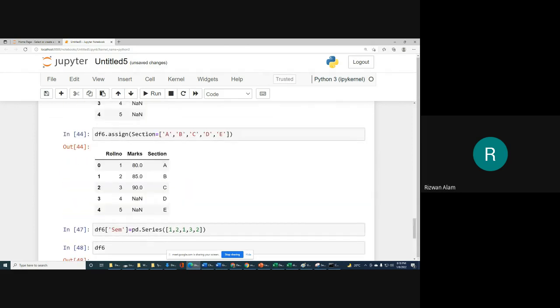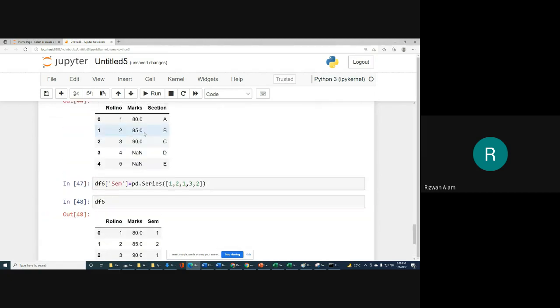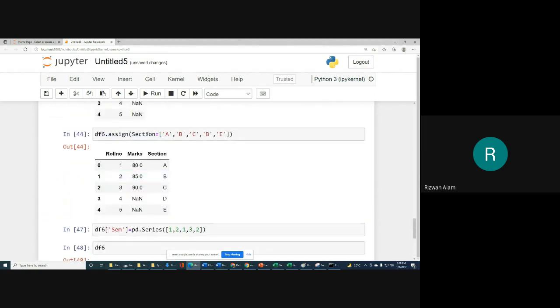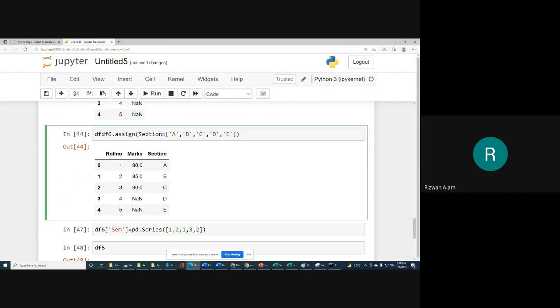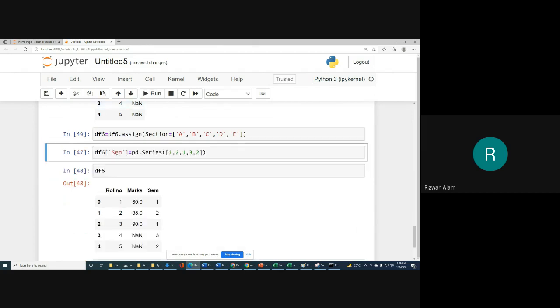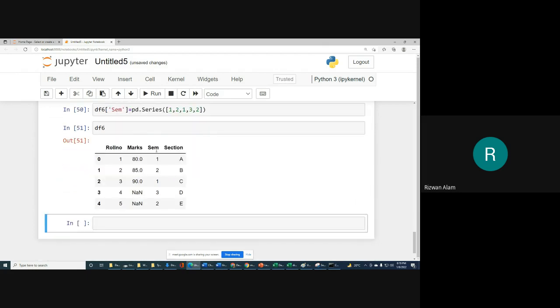See one thing, the information about section has actually not been stored. So for that we can write df7 or df6 directly, because you have to store it in some other data frame. After that, if you see, then you will see that sem is also there, section is also there.